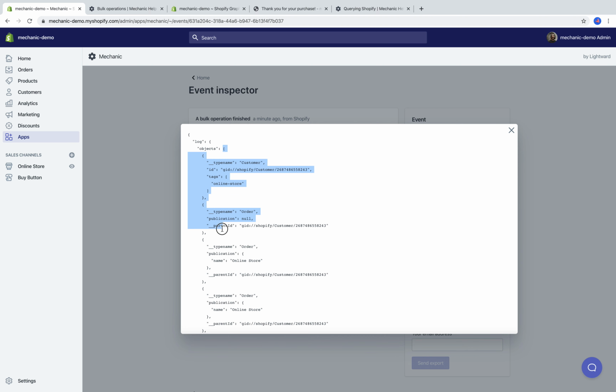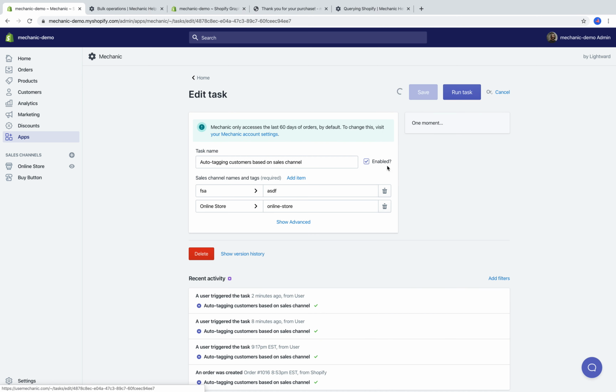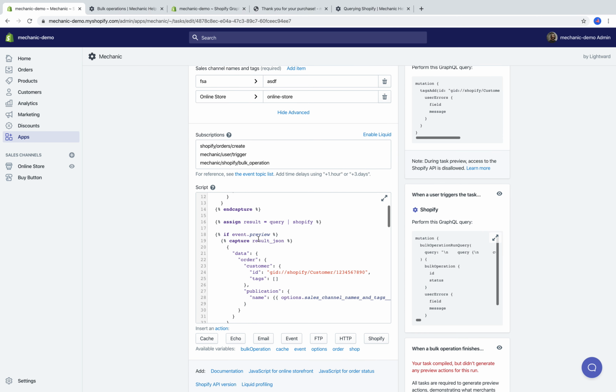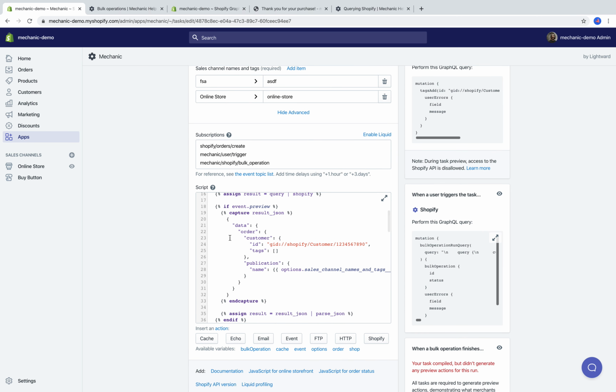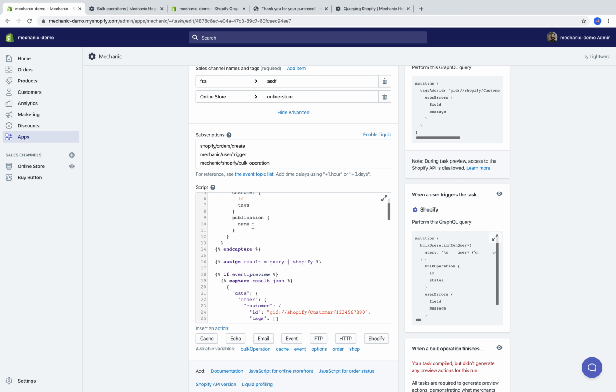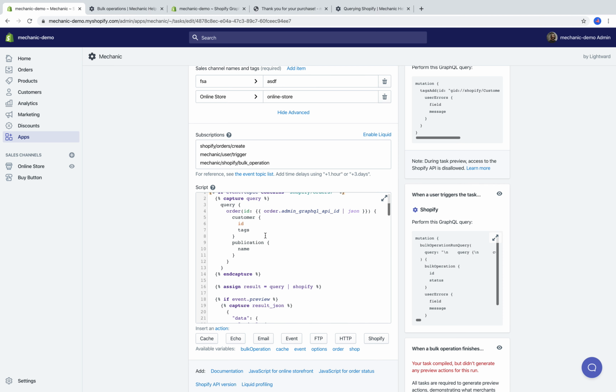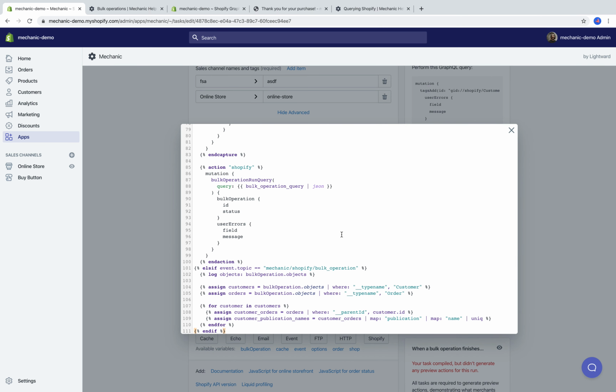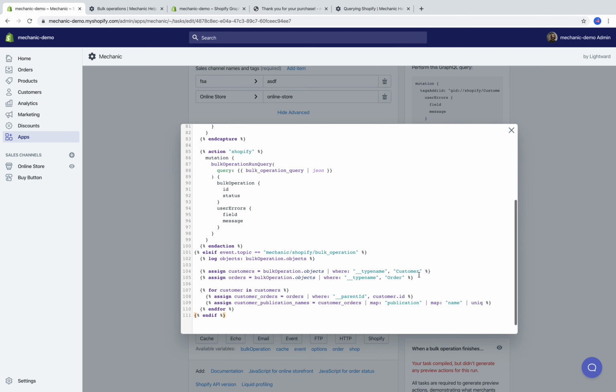I've got a customer, I've got an order. I'm grabbing one that actually has a publication name. I'm copying this because I want to do exactly the same thing as we did with our first scenario up here, where we construct stub data that represents the data that we'll actually get back when it comes time to showtime. So if we head down here to the end of this task, I'm going to say